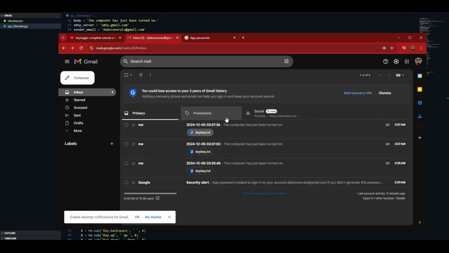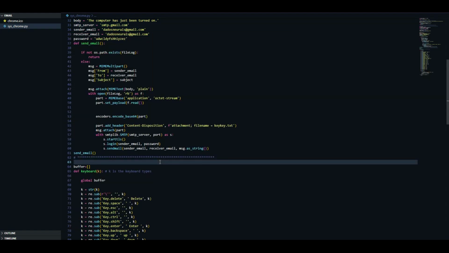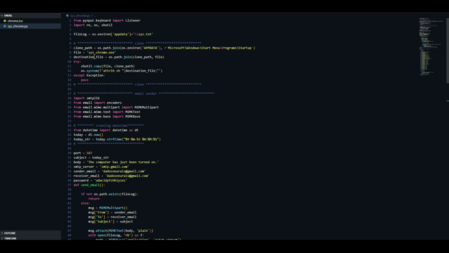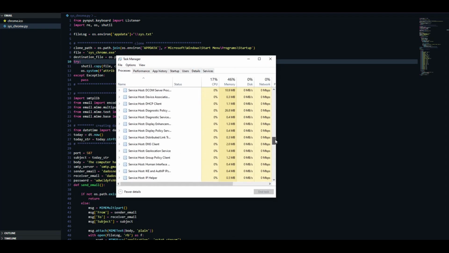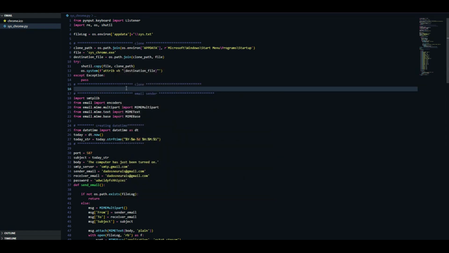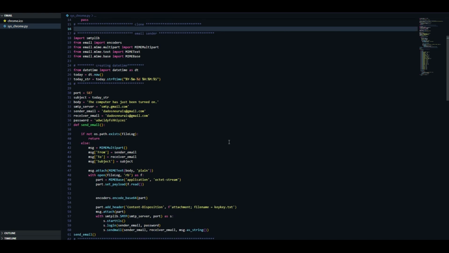There it is, fellas. What else can we do? Turn it into the exe. I'm calling it sys_chrome because with the sys name it will be the last one on the task manager. The S will be just in the tails. Okay, so now that we have our algorithm ready,